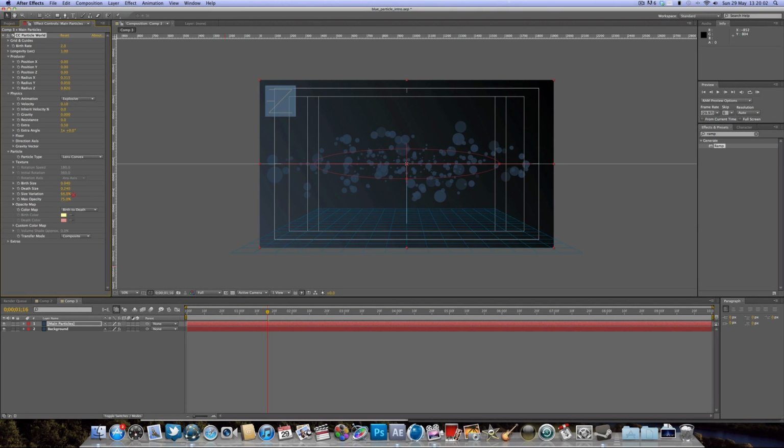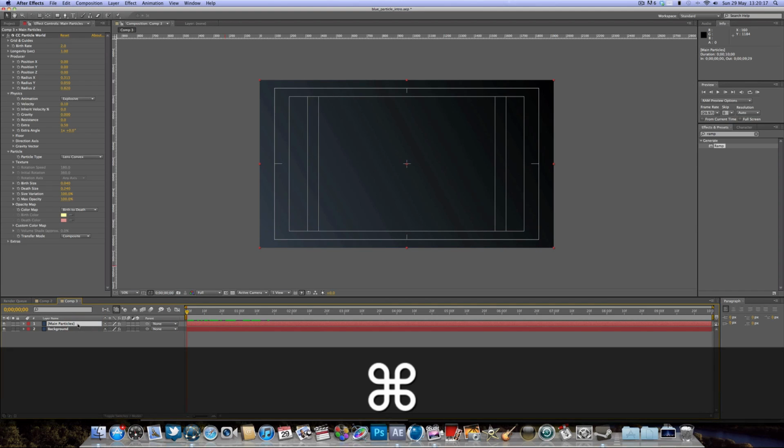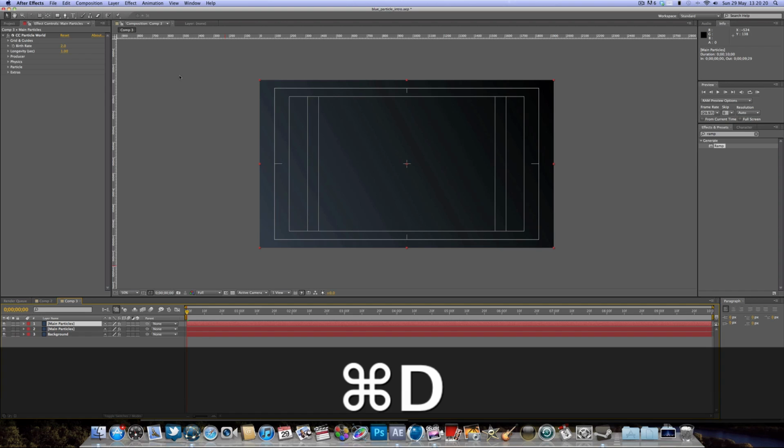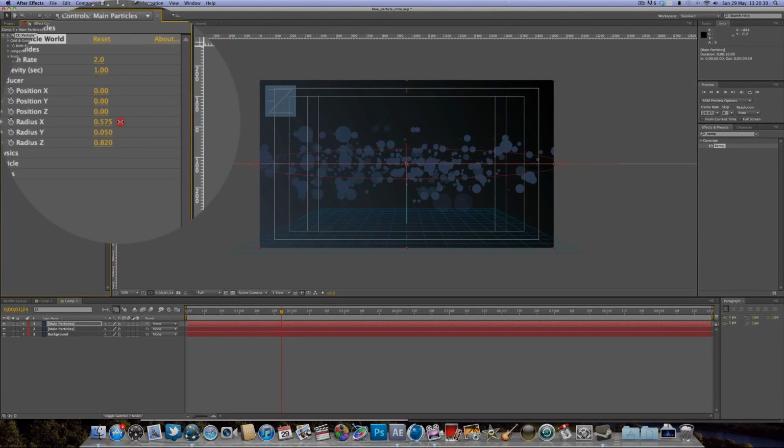And then the size variation we're going to put up to 100%, and the max opacity we're going to put that up to 100% as well. And that's pretty much it for our main particles. So what we're going to do now, if we select our main particles layer and hit Command D, that's going to duplicate the layer. So now we've got two particles. But what we're going to do is drop down the producer, and we're going to stretch out the